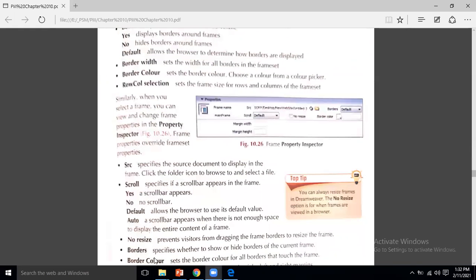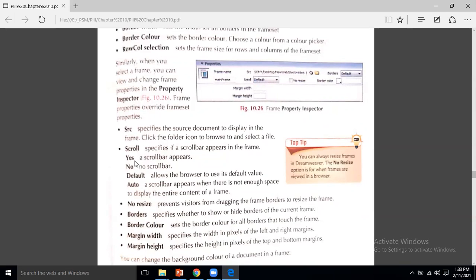Now come to the next point. Now come towards the next point.